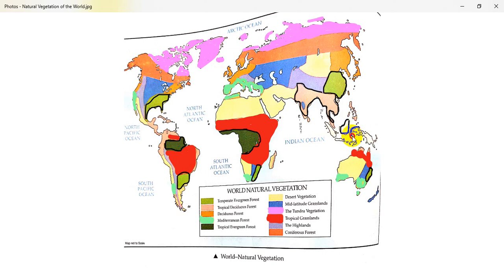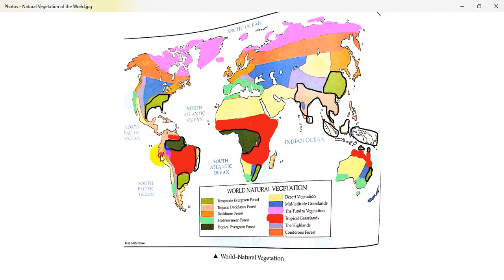Then comes this entire zone, and even part of Sri Lanka has tropical deciduous forest. Then move to the next part, the northern fringes of Australia. We have tropical deciduous forest, just the northern fringes. Then in South America, on the eastern edge, we have tropical deciduous.